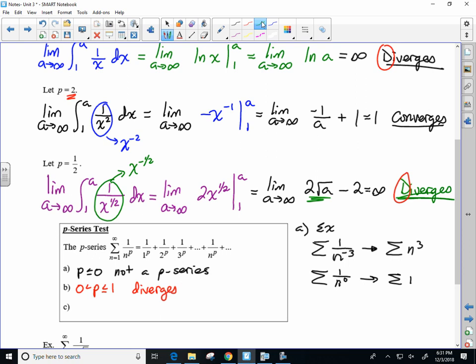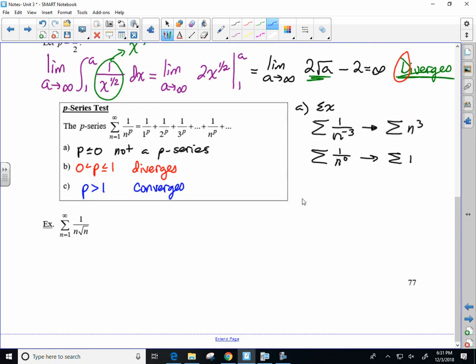The other possibility is a case where p is equal to 2, maybe 3, maybe 10, maybe 40. In all of those cases, the series will converge. So any p-value that is greater than 1, the series will converge. So then when you see the example below, it just got a whole lot easier, because you don't have to